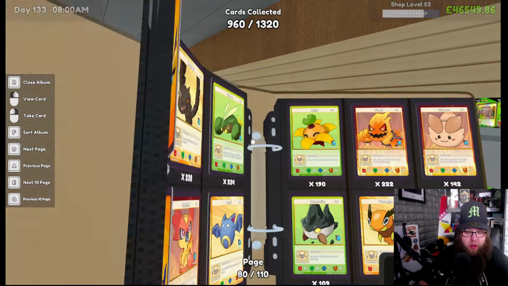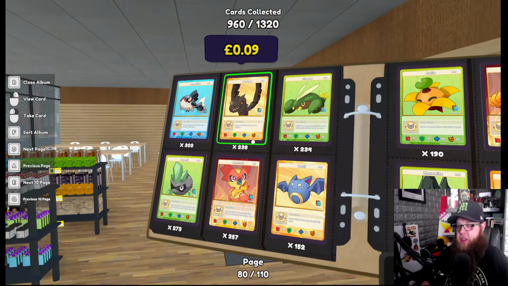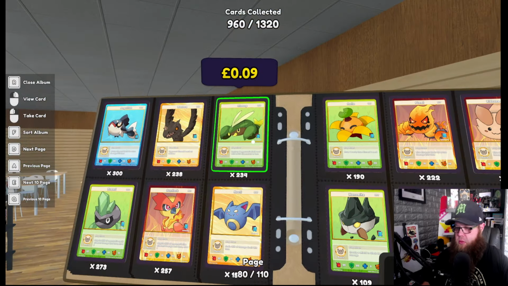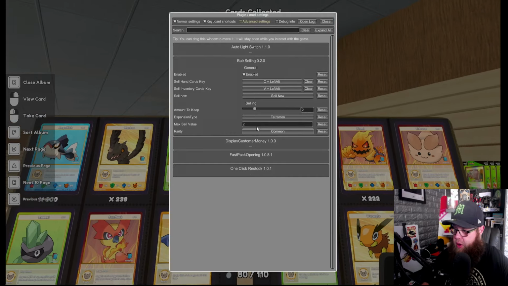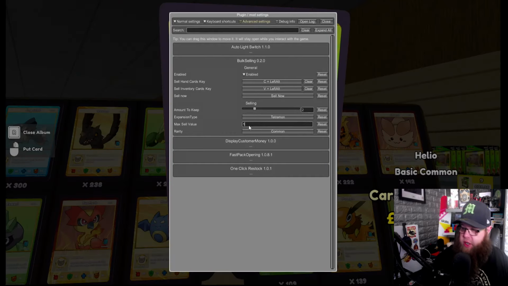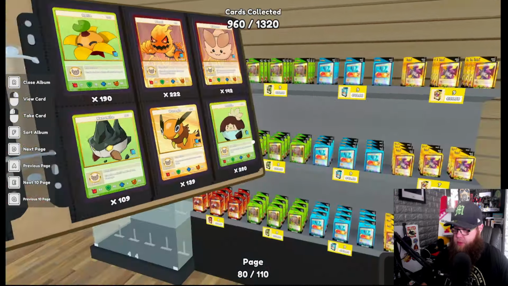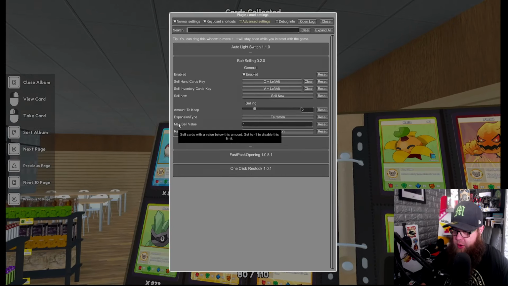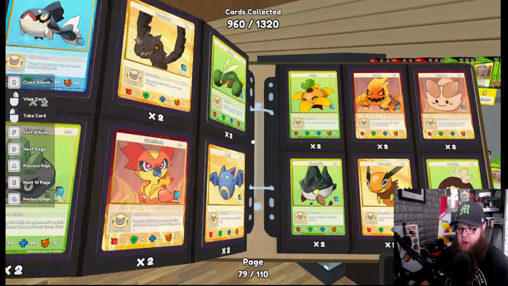Okay. Alt and V. Sold 69 cards. That doesn't sound right. There's lots of cards to sell. What am I not doing right? I can't do a decimal point, so it has to be 1. This makes no sense. Sell cards with a value below this amount. Set to -1 to disable this limit. Oh, it's just reset. Okay. Oh, you have to come out of your...